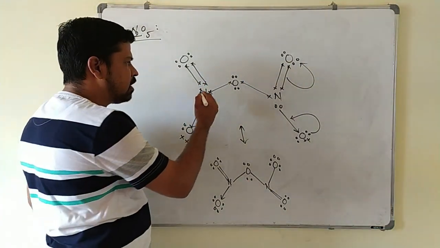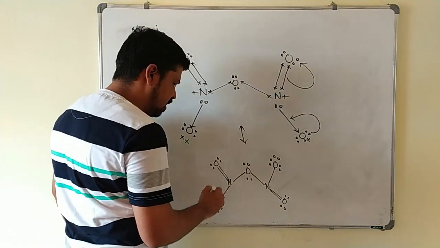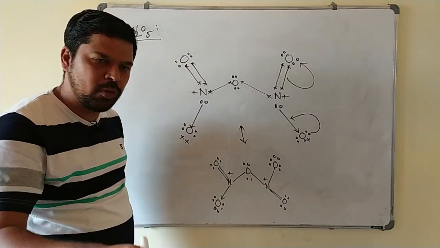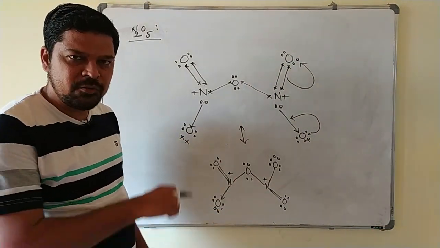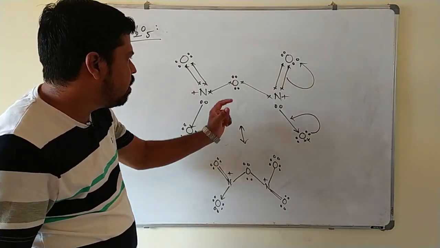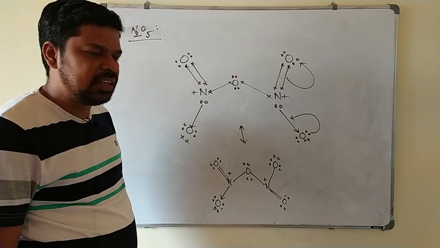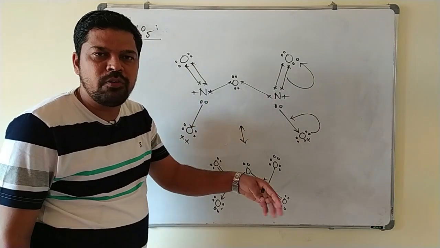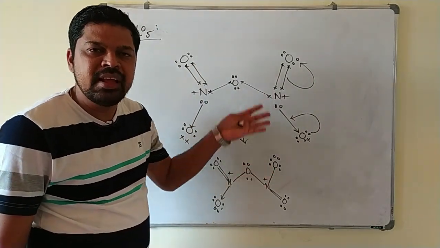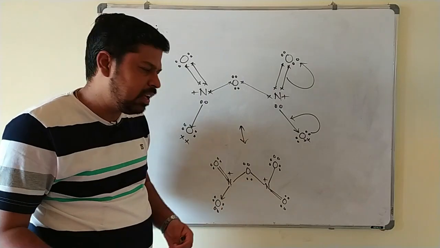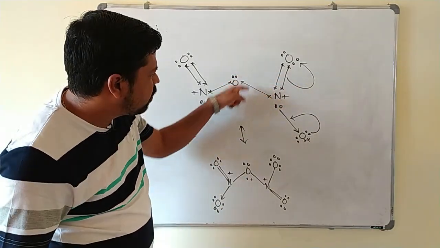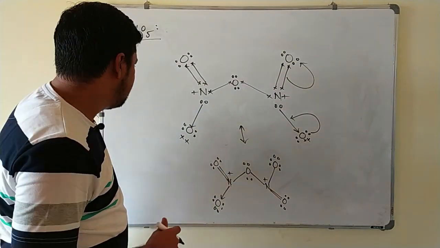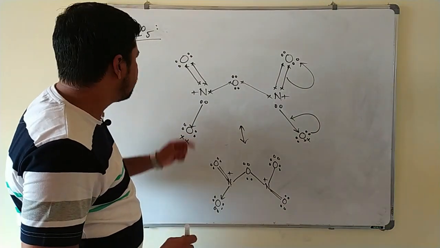Now what is the formal charge on the nitrogen here? Plus, and here also this is plus and this is plus. Already we know that whenever nitrogen forms a 4th bond, it gets a positive formal charge. Next, a very important question in the NCERT: what is the maximum covalency of nitrogen in N2O5? It may be N2O5, N2O3, N2O4, whatever it may be. The maximum covalency of nitrogen is 4 only. So in N2O5 also, it is forming 4 bonds here. Its maximum covalency is 4.